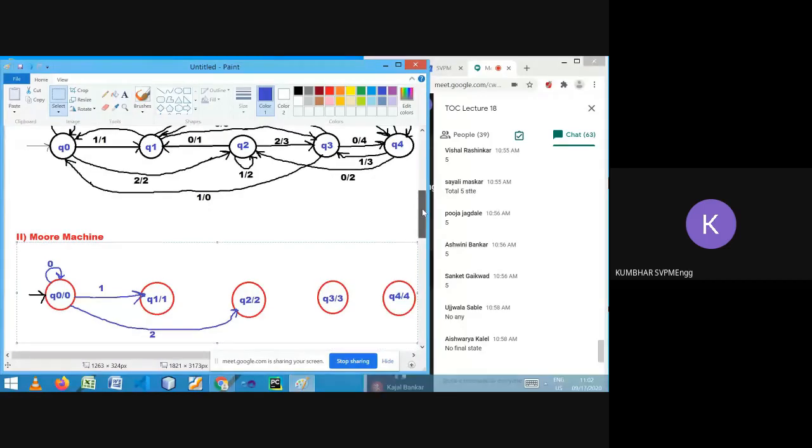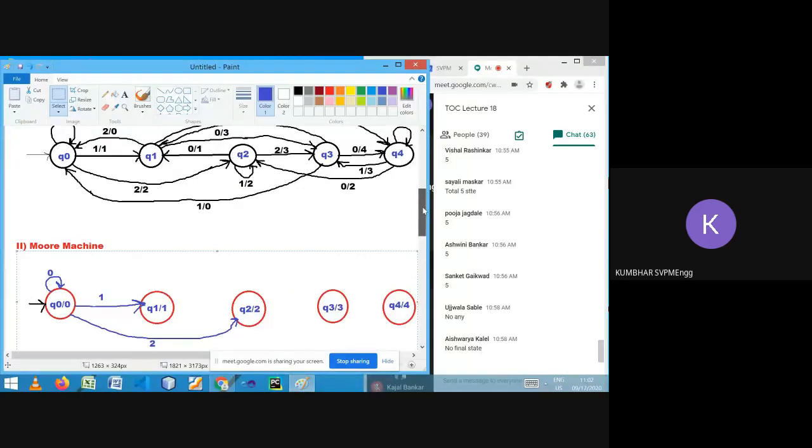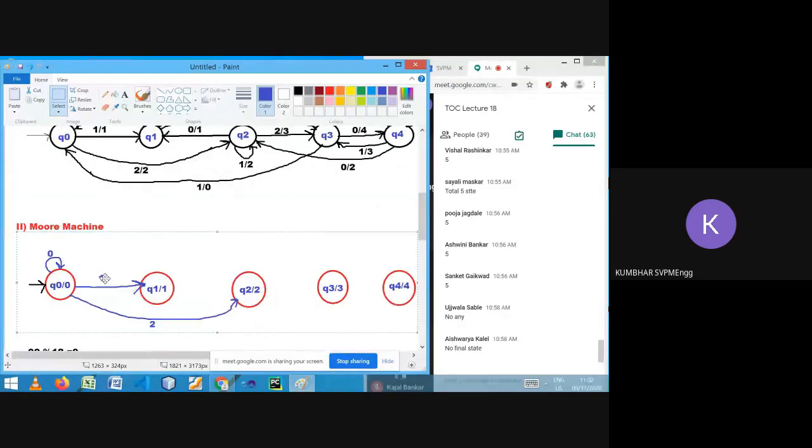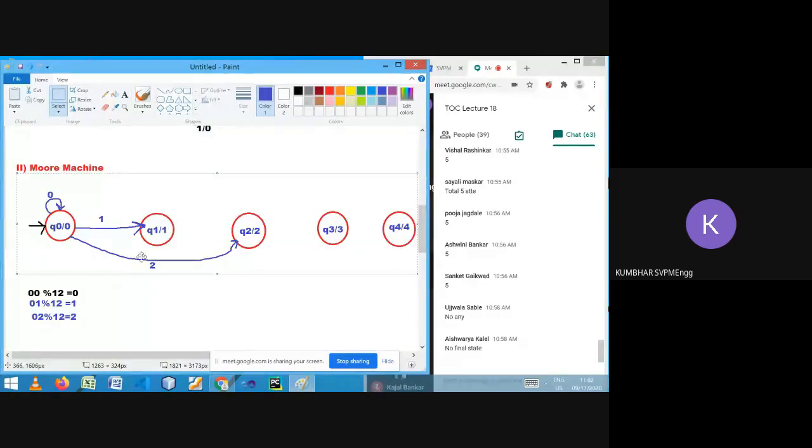Now transitions will be same. All those transitions we have traced for Mealy machine will be same. Only the difference is that we don't have to show the backslash and output. Do you agree? Yes, sir. The same logic we are going to apply. The current state is 1 means 1, 0, where it goes, 1, 1, where it goes, 1, 2, where it goes. So the same logic we will apply.